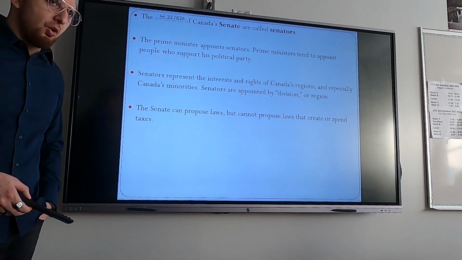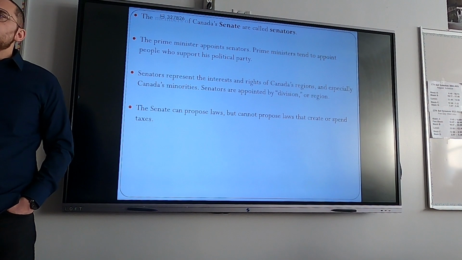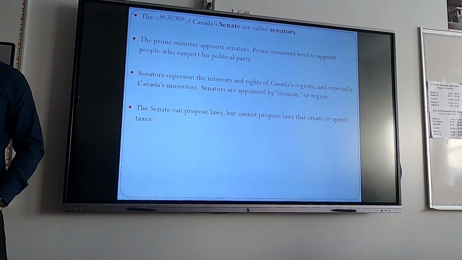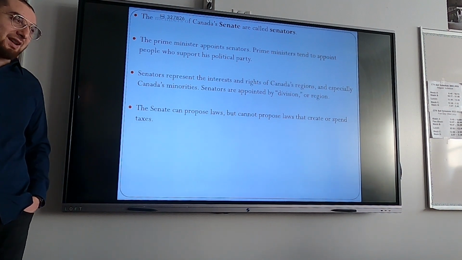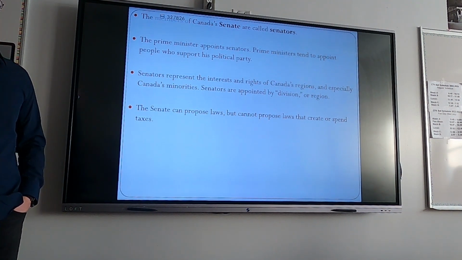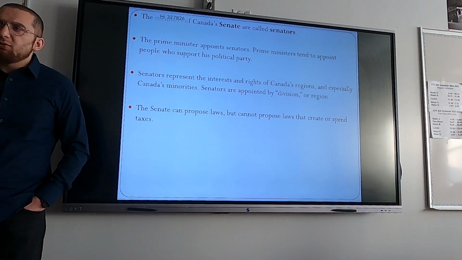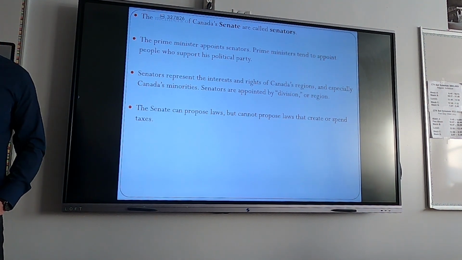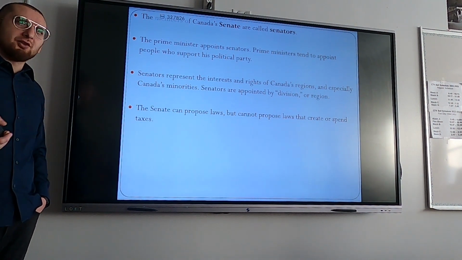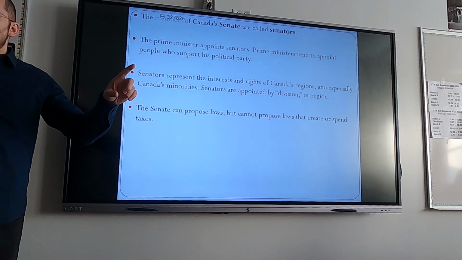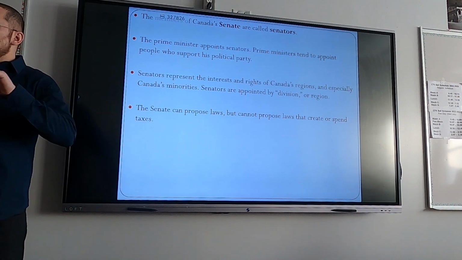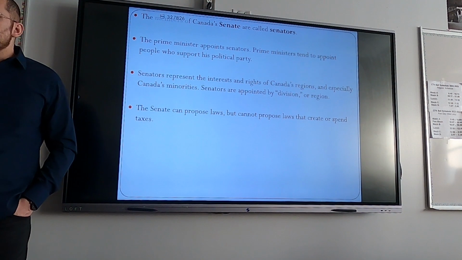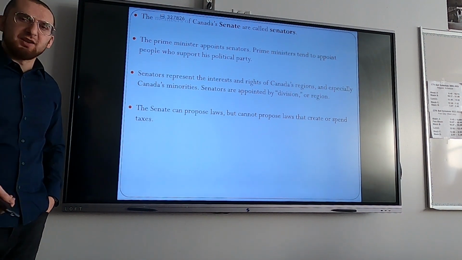Prime ministers appoint senators, and because it's part of the legal process of passing laws, if you're the political party in charge, you want your laws to be passed because you don't want a vote of no confidence. You're probably going to pick senators that are supportive of you and your party. Right? It's maybe not the best practice because you want a good mix and variety of different beliefs, backgrounds, and perspectives, right?